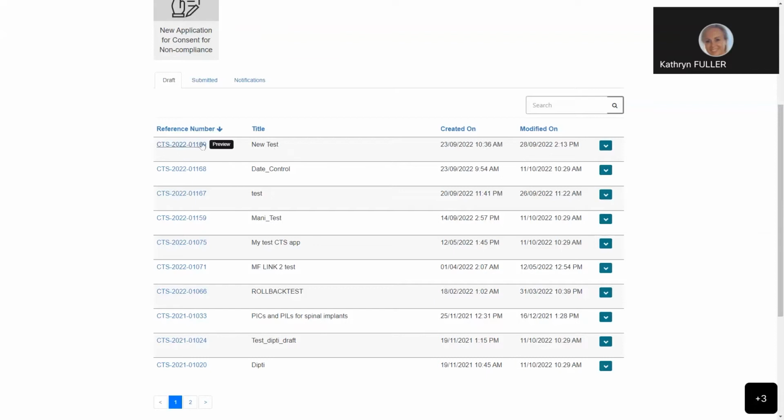The first information here is the reference number. Now, this is a unique identifying number for this particular application, and this is created when you create the application. And this reference number, or the CTS ID number, is the number that you will need to quote when undertaking any correspondence with the TGA regarding this particular application. You can sort this table by clicking on the reference number column header, and this will sort this table in